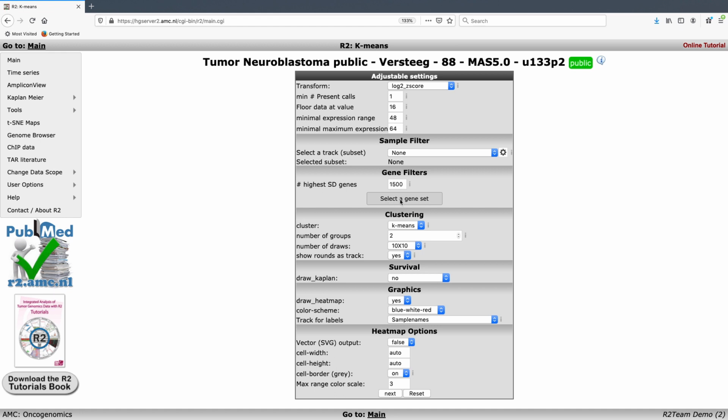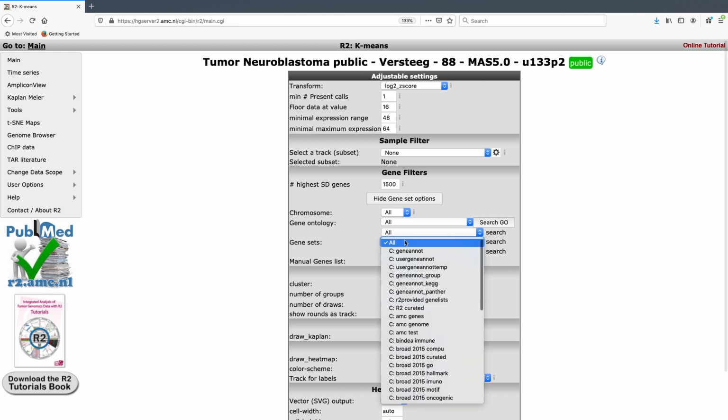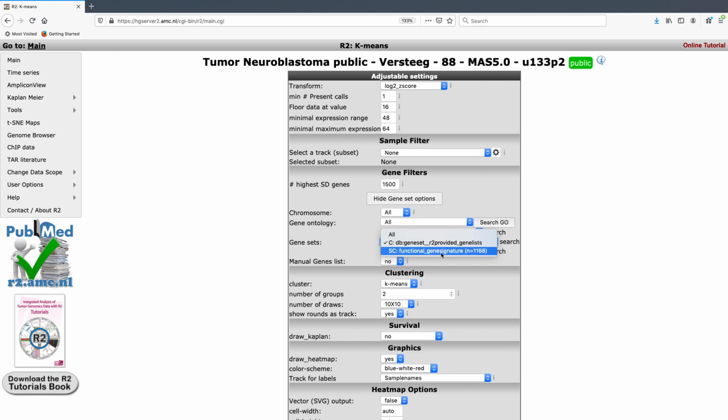So under gene filters, we're going to select our gene signature, and under gene sets, we're going to go in and select R2 provided gene lists, and then functional gene signatures. And under functional gene signatures, if you click one more time, you see here that you have a gene signature labeled IMR32 MYCN all, consisting of 157 genes. These specific genes are derived from an experiment of the neuroblastoma cell line IMR32, which has had the deletion of MYCN. So these are the 157 genes that were either up or down regulated following deletion of MYCN in IMR32. So we're going to select this data set,